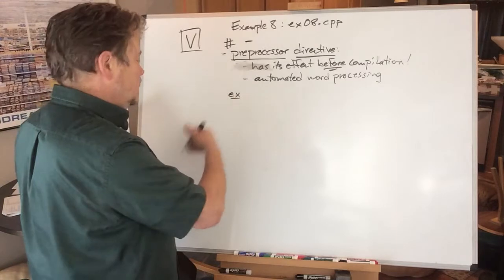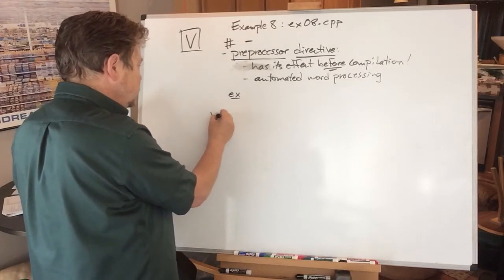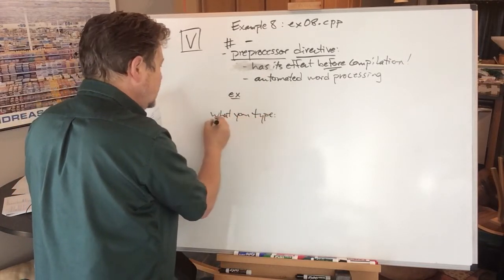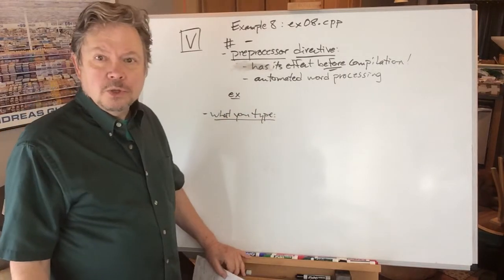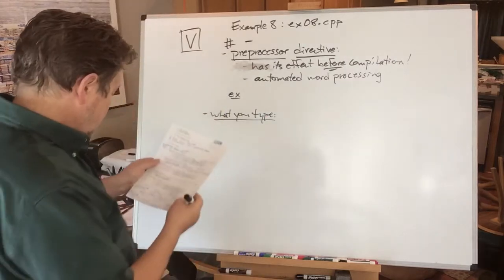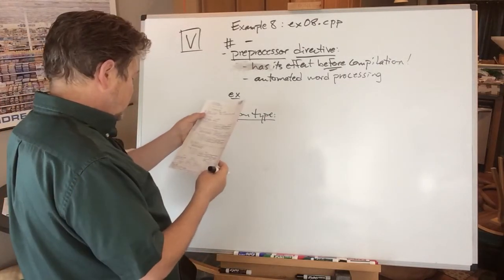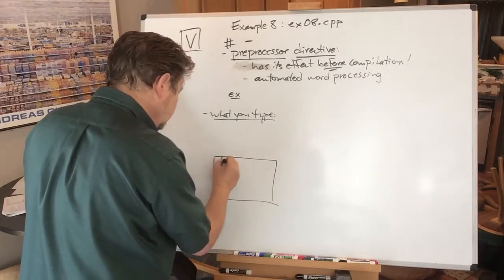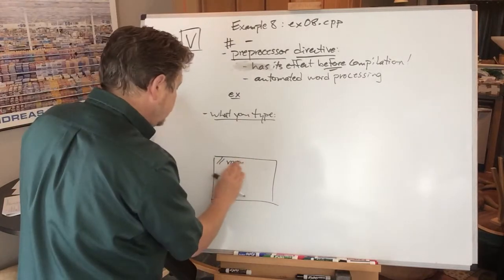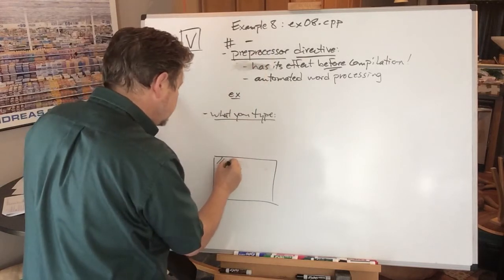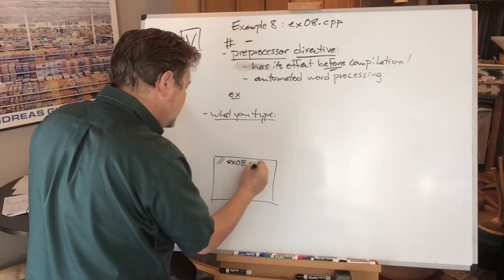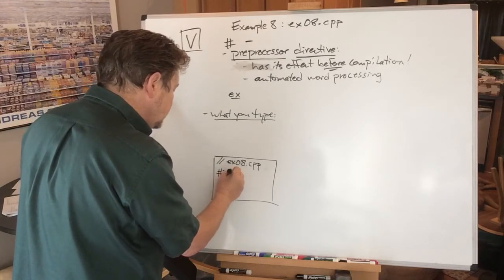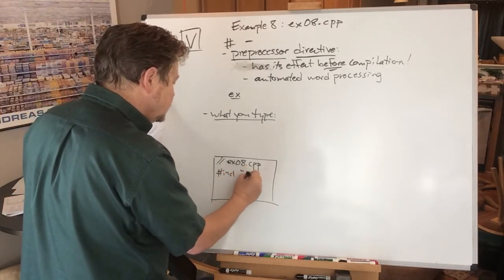So my example is going to be a picture down here. Here's what you type, or what I typed in this example. In general, what you type if you want to use our brand spanking new super fancy TV data type that we just invented, is a line like line number 10. In the main program, which I'll call by its name, example08.cpp, we do this: the pound sign include, and then quotes